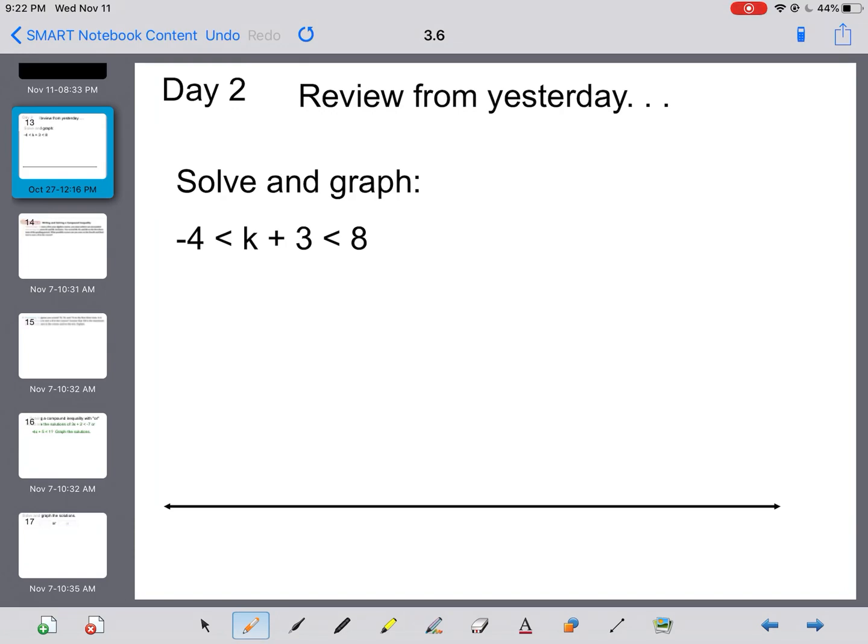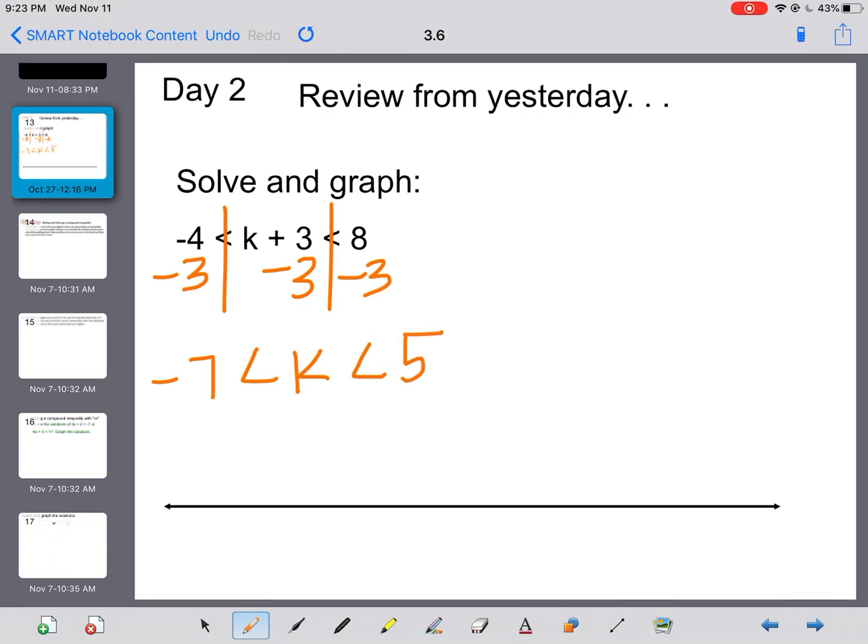Day 2 of Chapter 3, Section 6 on Compound Inequalities starts with a little bit of review. Remember, when you're solving and graphing these compound inequalities, you're welcome to use either of the two methods. You can either split it up, in which case you would have negative 4 is less than k plus 3 for your first inequality, and k plus 3 is less than 8 for your second inequality. I personally like the all at once method, so I would use the double train tracks, and then I would subtract 3 from each section for a final answer of negative 7 is less than k, which is